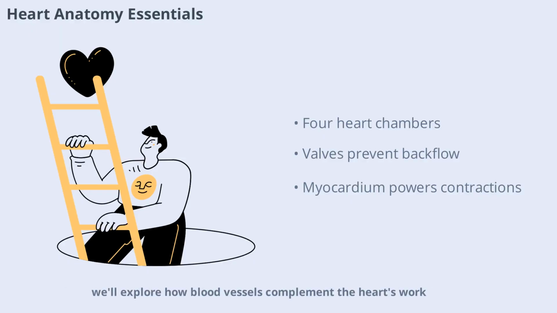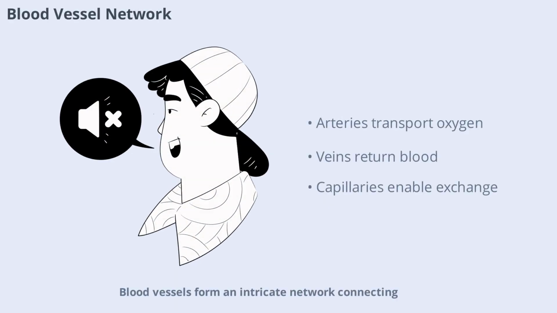Next, we'll explore how blood vessels complement the heart's work. Blood vessels form an intricate network connecting the heart to the rest of the body. Arteries carry oxygenated blood away from the heart, while veins return deoxygenated blood. Capillaries, the smallest vessels, facilitate exchange of gases, nutrients, and waste at the cellular level. This system ensures that every cell receives what it needs to function. Disruptions in this network can lead to various cardiovascular diseases, making it essential to understand how vessels operate and interact